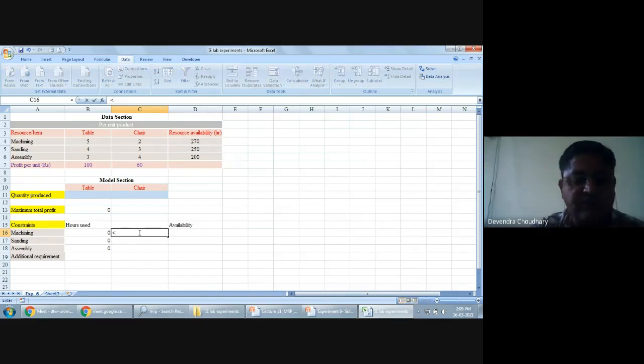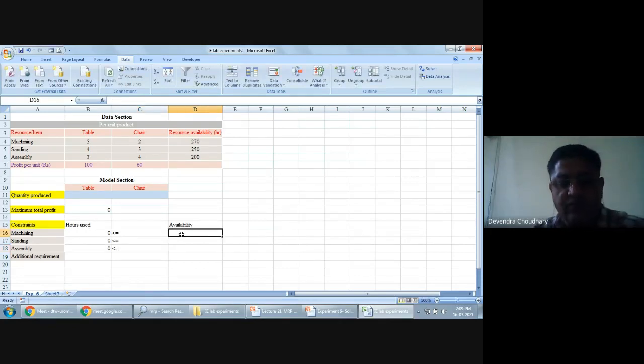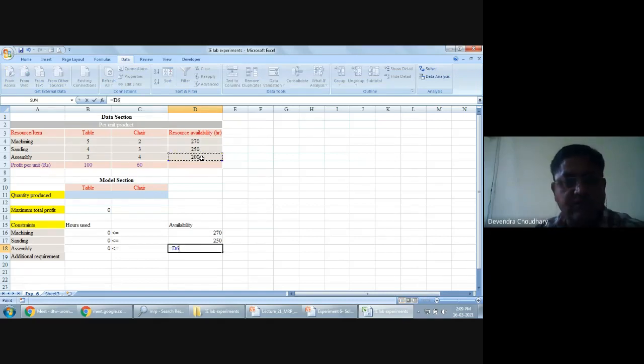So we put here less than and equal to, less than and equal to, less than and equal to. And here the resource availability is given, so that is 270, this is equal to 250, and this is equal to 200. Okay.